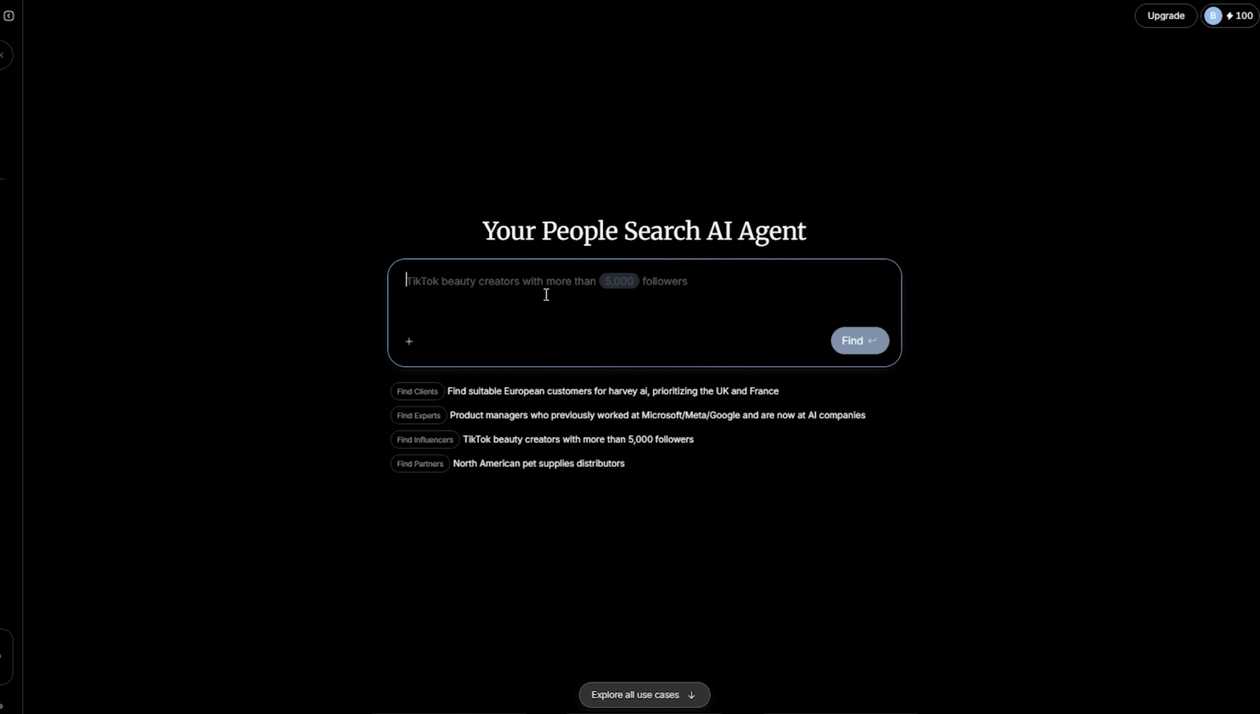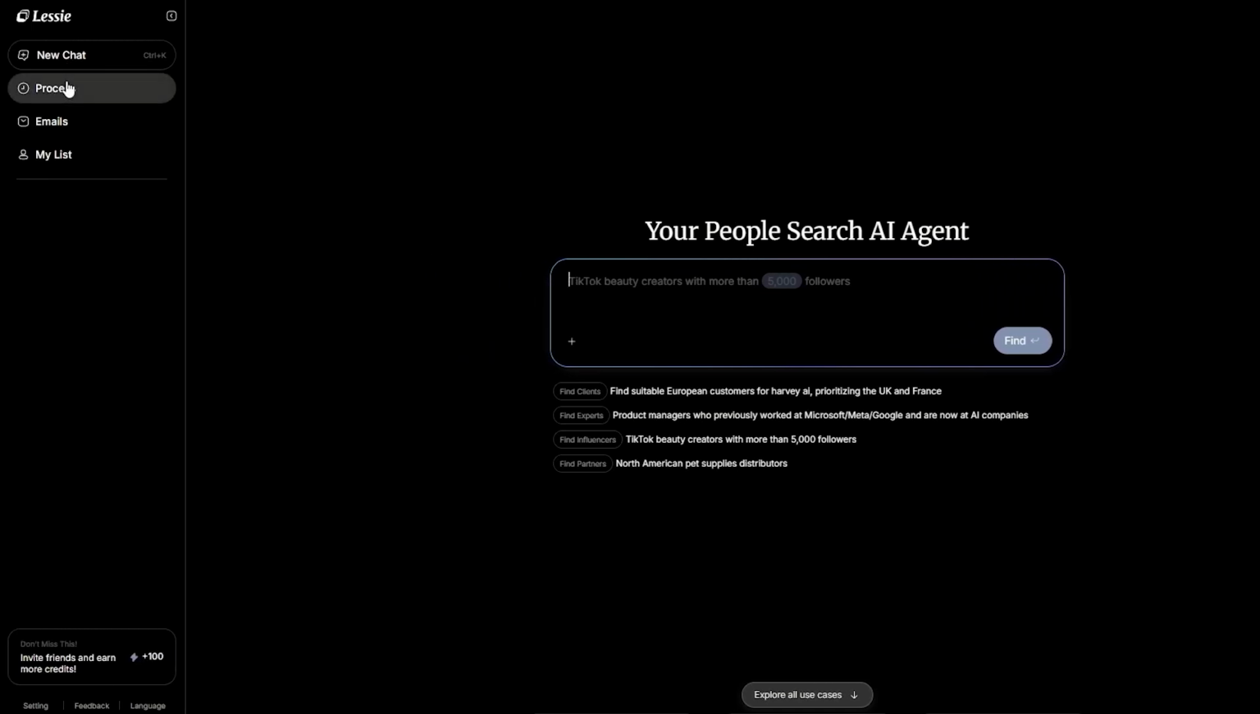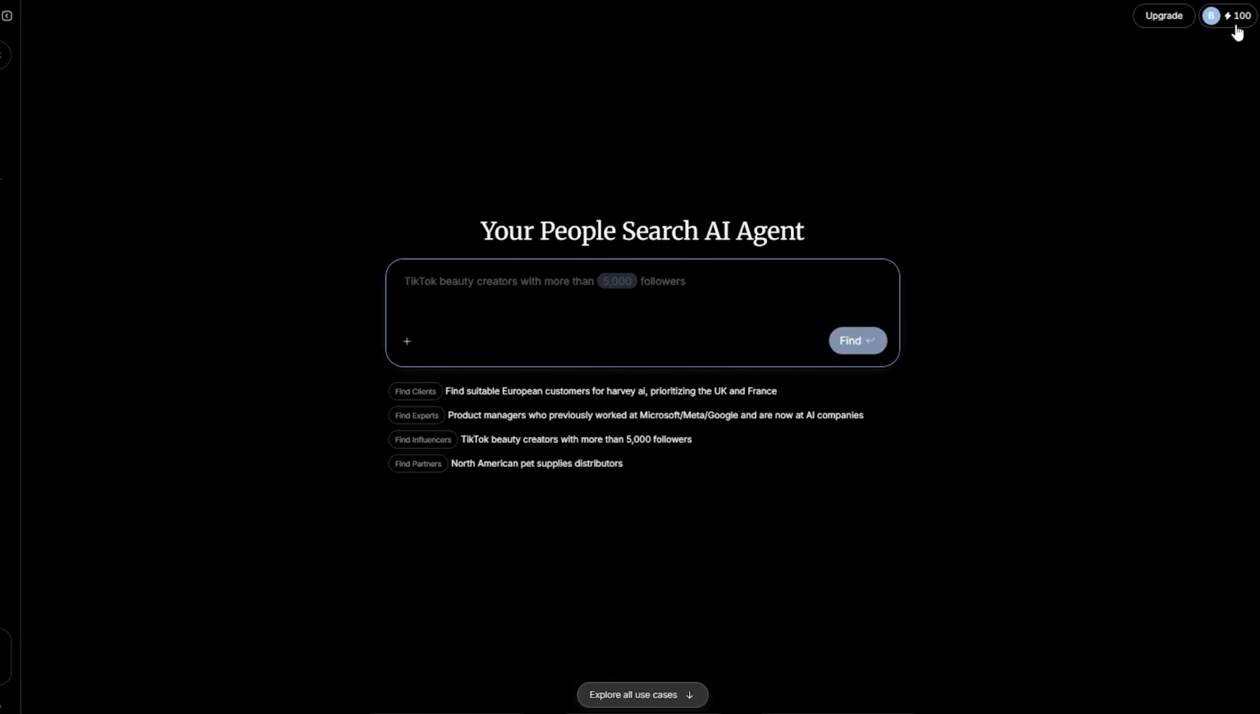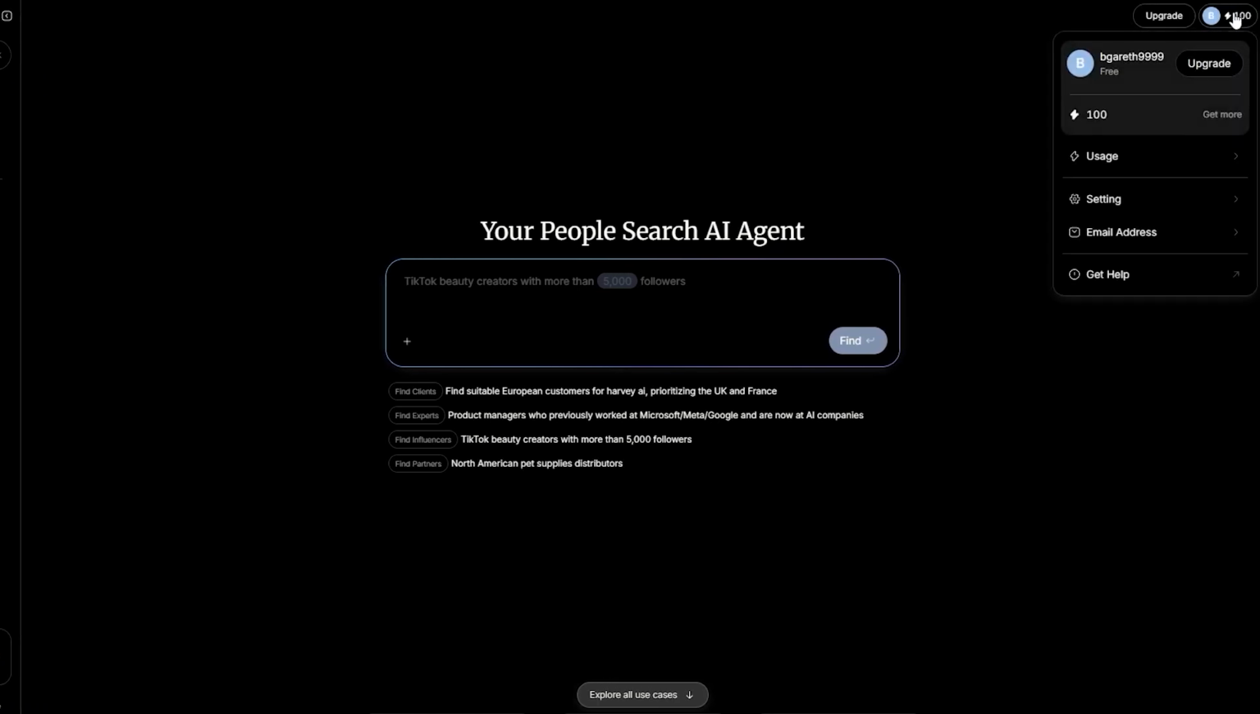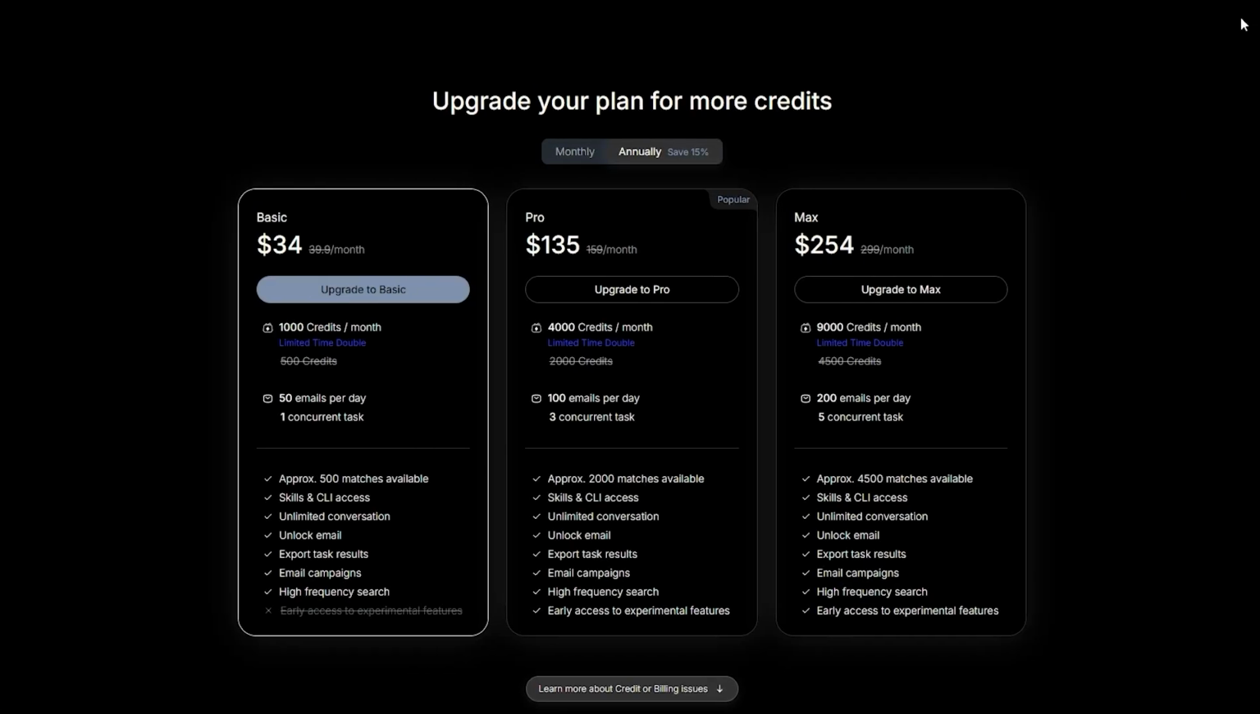Now, before we write in a prompt, we're going to discuss all the things we have over here. So on the left-hand side, you can see we have new chat, process, emails, my list, etc. On the right-hand side, you can see the credits you have to search people. Then you can even upgrade your plan. And of course, they have 3 different plans, monthly and annually. So on the monthly, you have your basic $40, your pro $160, and your max $300. Then annually, you have the basic $34, the pro $135, and the max